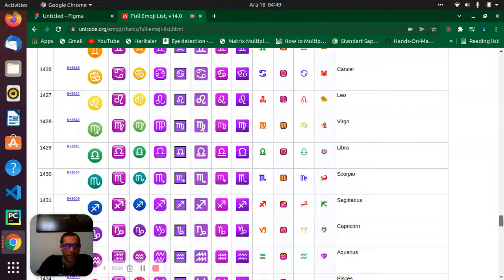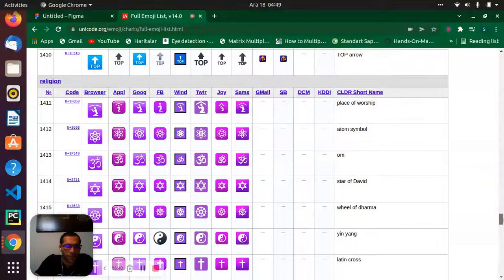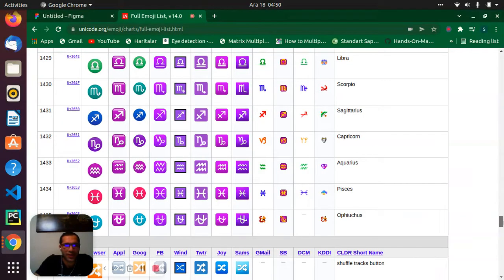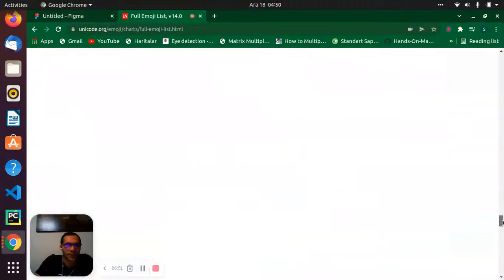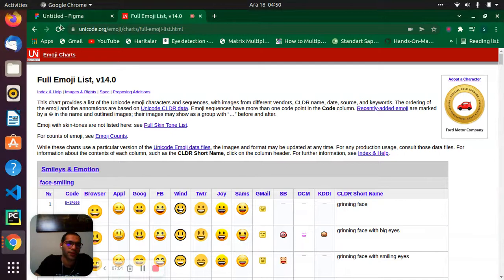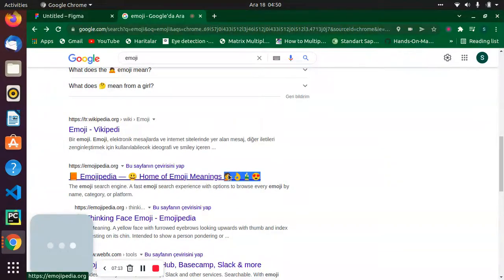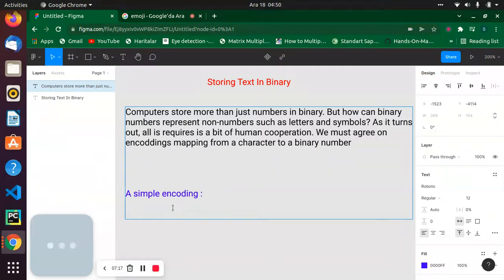I'm not sure which one, so I'm checking what we need. Okay, let's select some emoji here.